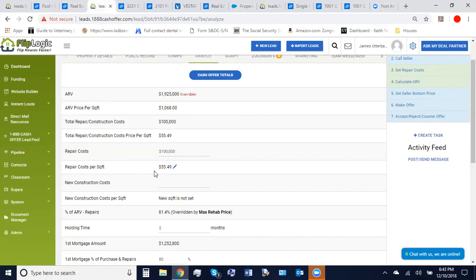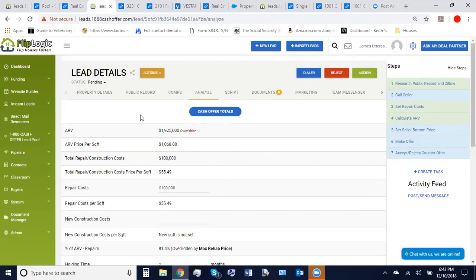Look, our ARV is far from median, isn't it? We're pushing 2 million. So that makes sense why you wouldn't be at 35 bucks a foot. You're up closer to 55 bucks a foot. Yeah, that's right. Sorry, not to cut you off, but to finish my point here, that's totaling $100,000 in